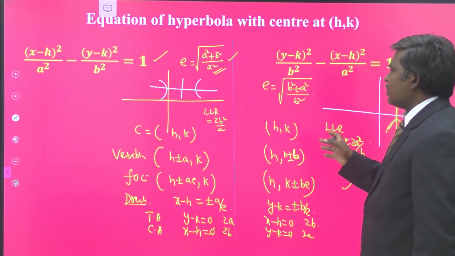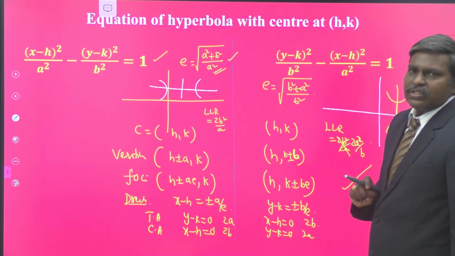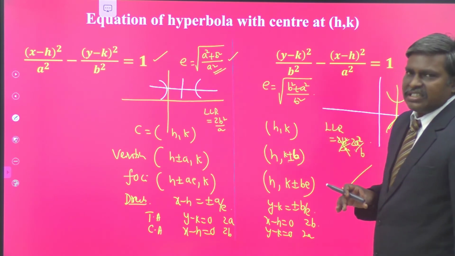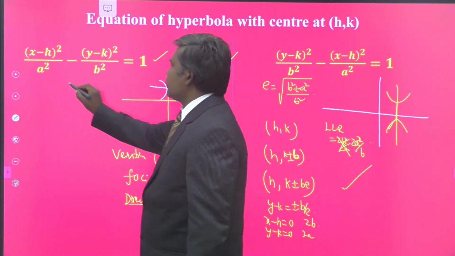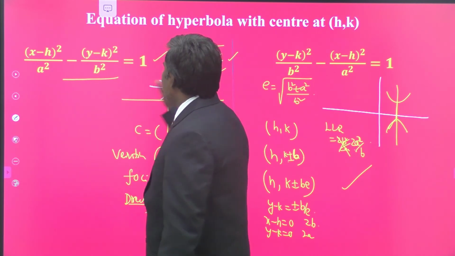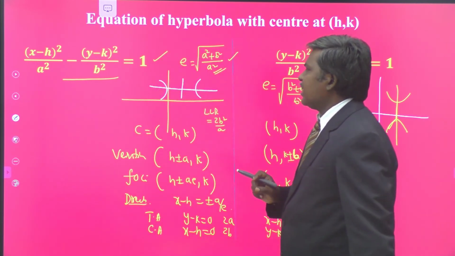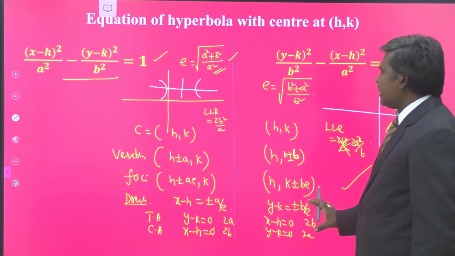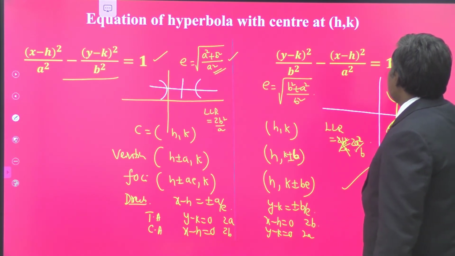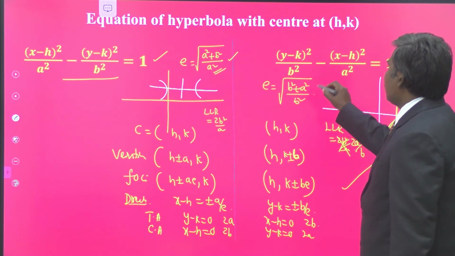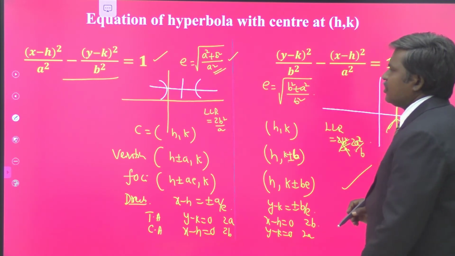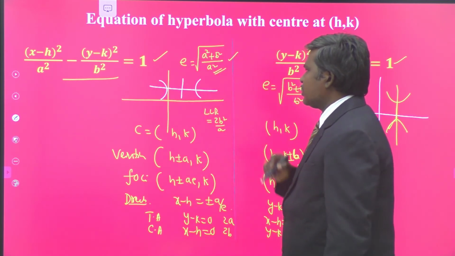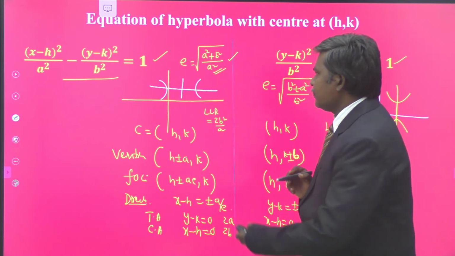So the previous two sets of formulas are there. These are the two sets. Totally 4 sets of formulas you must learn. Then you can write all the vertex, focus, directrix, eccentricity, etc. You can easily write these 4 standard forms. 2 are the main standard forms, and 2 others have the center at h comma k, with the transverse axis parallel to x-axis here, and center at the same h comma k with the transverse axis parallel to y-axis here. The structure is y minus k whole square by b square minus x minus h whole square by a square is equal to 1. Here x minus h whole square by a square minus y minus k whole square by b square is equal to 1.